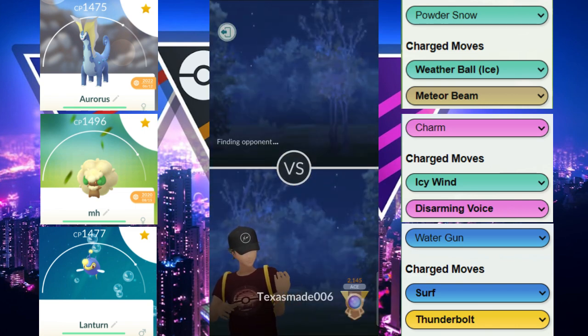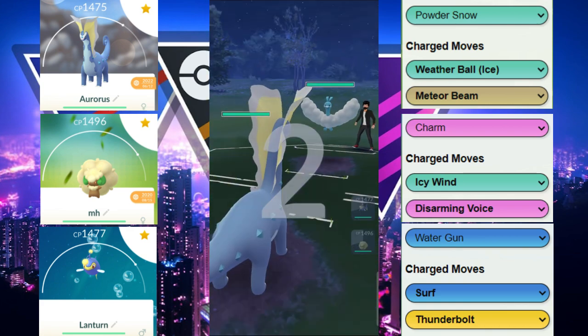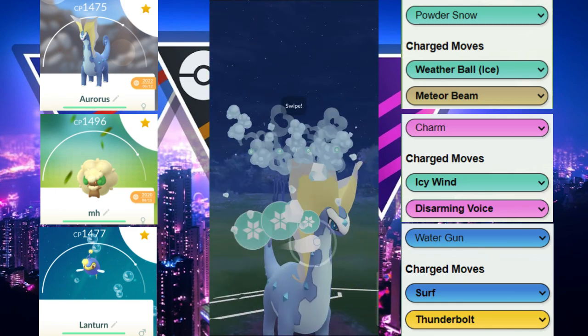We are catching a lot of Altarias floating around, and we haven't seen too many Vigoroths right now, but we are prepared for a Vigoroth. There's another Altaria. This is a great lead for us. Not sure why they're staying in. So we're going to threaten the shield